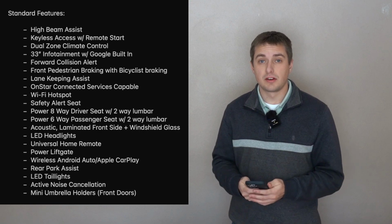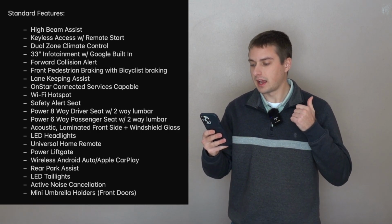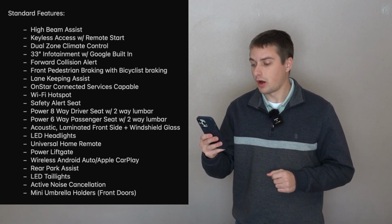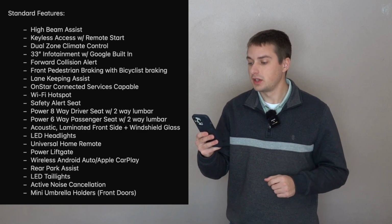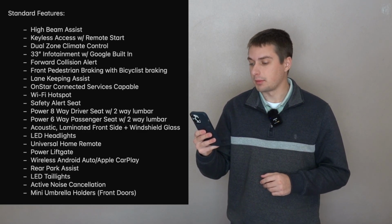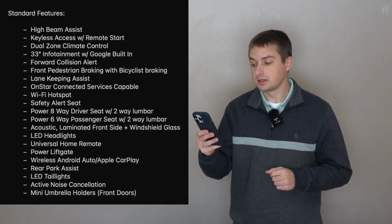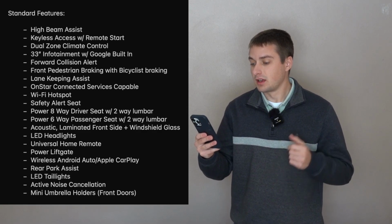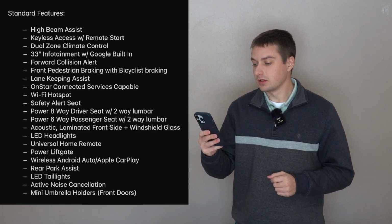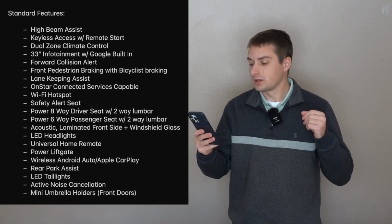So starting out with the standard features across every single XT4 for the 2024 model year, we have things like high beam assist, keyless access with remote start, dual zone automatic climate control, 33-inch infotainment system with Google integration, as well as wireless Android Auto and Apple CarPlay, forward collision alert, front pedestrian braking with bicyclist braking, lane keeping assist, OnStar connected services capable, Wi-Fi hotspot, safety alert seat, power 8-way driver seat with 2-way power lumbar, power 6-way passenger